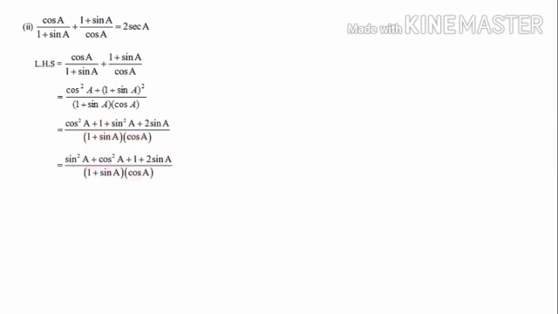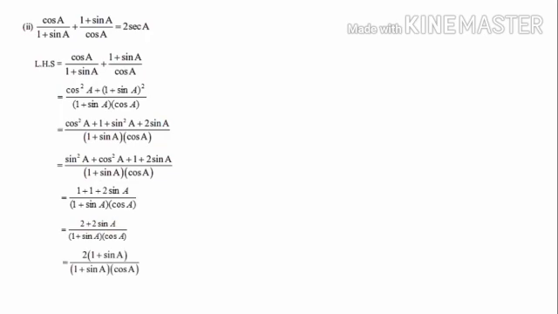We know that sin square a plus cos square a is 1. That is, first two terms will come as 1, plus the remaining two terms same, 1 plus 2 sin a remains the same. Denominator also same, that is (1 plus sin a) into cos a. Here 1 plus 1 we can write as 2, plus 2 sin a, divided by (1 plus sin a) into cos a, same denominator. When you observe the numerator, 2 is common for both the terms. Let's take it out. That is 2 into, the first term 2 going out means 1 is the balance, second term 2 going out means sin a is the balance. So 2 into (1 plus sin a), that is the numerator. Denominator is (1 plus sin a) into cos a.